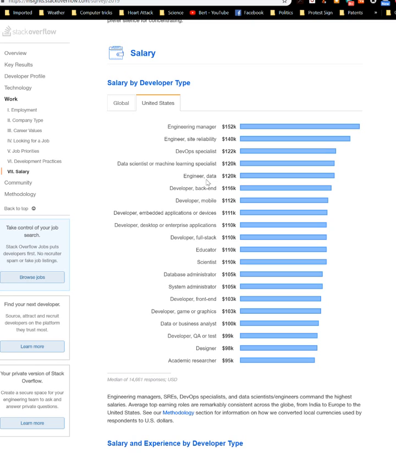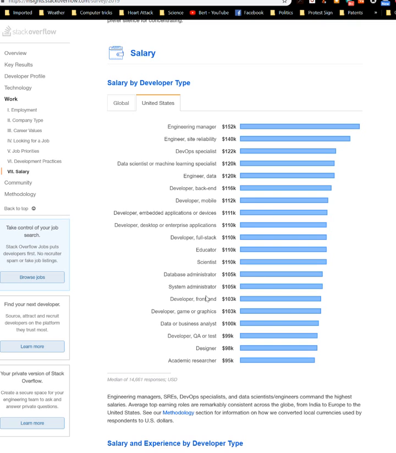You can see the engineers and developer, back-end developers. So if you're on the LAMP stack or whatever, you might get a salary in this range. Data engineer, development, mobile. So if you're in mobile development, apps and that kind of thing, that's what you might be able to expect, something in that range. Embedded applications, it's just down my alley. Developer, full stack, educator, etc. And you get down to here. So that's an interesting spectrum.